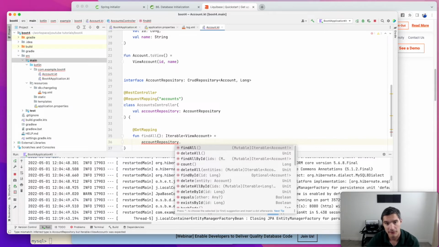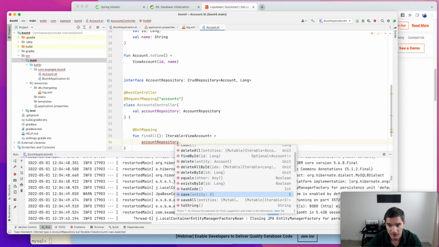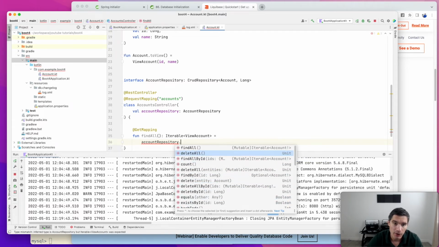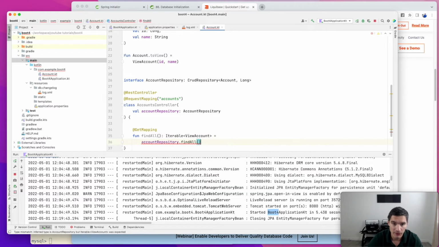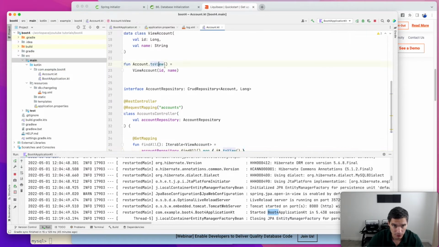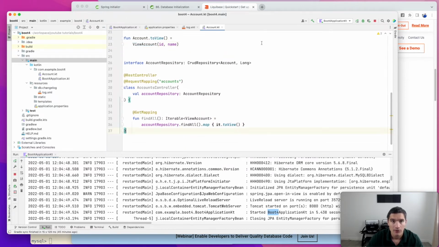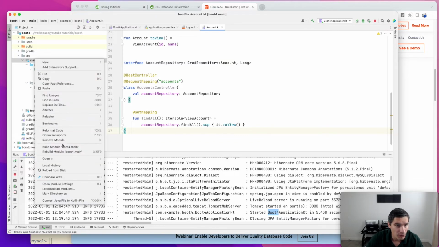So we have this findAll method that returns all the entries in the table. Then we have findAllById, count. We can find a single account given an ID. We have a method that saves a new one or updates an existing entity, etc. In our case, for this endpoint, we need to call findAll and then map all the entities to view. We apply the function toView that we just wrote that will convert them to this ViewAccount data class. So now if we just build the project,